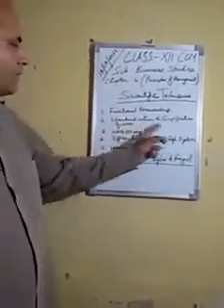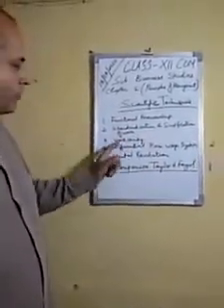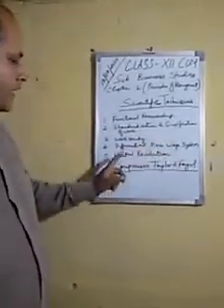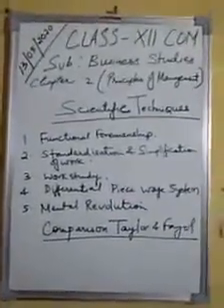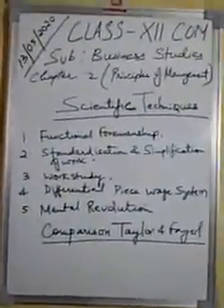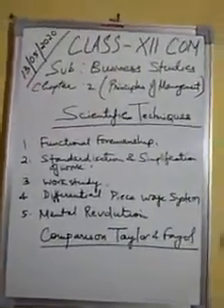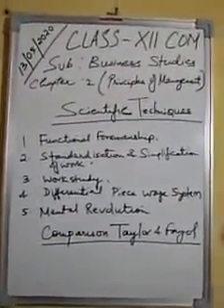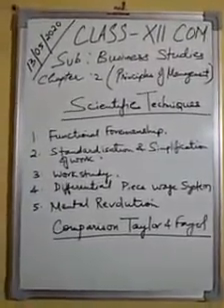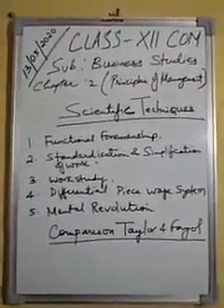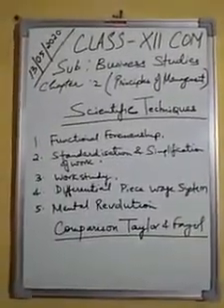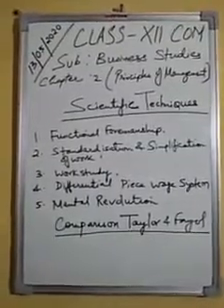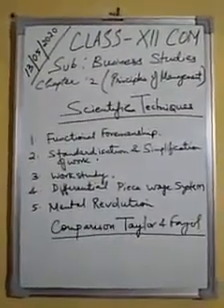So the first technique is functional foremanship, second standardization and simplification of work, third work study, fourth differential piece wage system, and fifth mental revolution. First technique, functional foremanship. Taylor suggested that the factory should be divided into two departments, one for planning and the other for production, as Taylor felt that workers must be free from the burden of planning and concentrate on work and manufacturing. Taylor also identified 8 functional experts: route clerk,